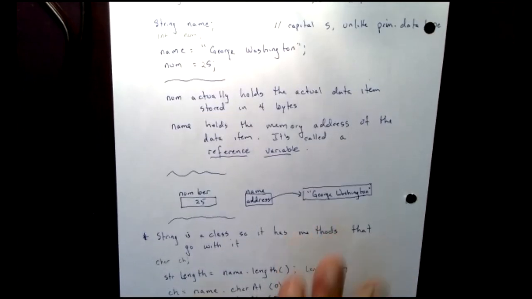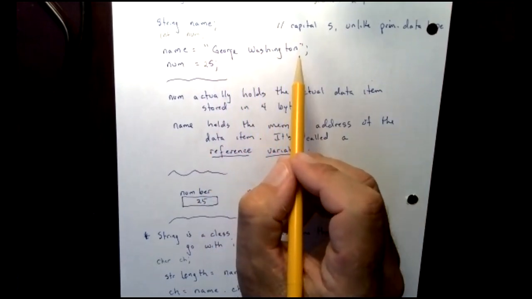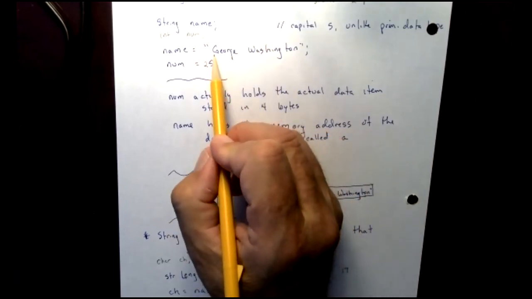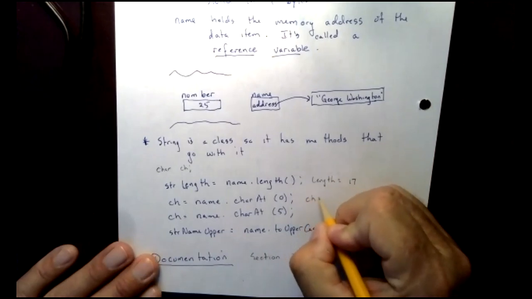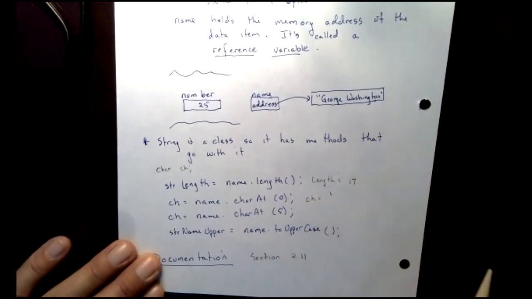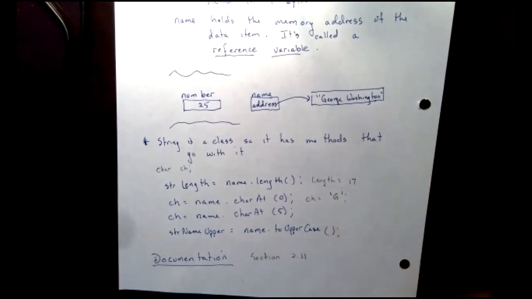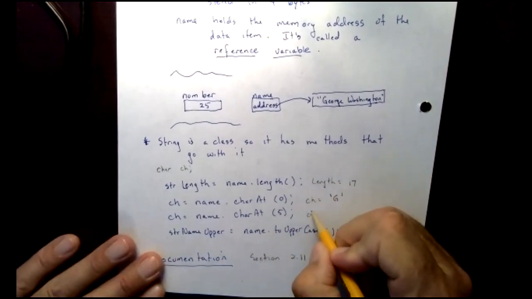Well, as Anthony mentioned a moment ago, even though my string length is 17, the way you're going to see a lot of things work in Java and C++ is we start at 0. So if I say what char is at 0, char is going to get the value of, again, characters are single quotes, so it would get the value of single quote G. What's the character at position 0 of George Washington? G. What's the character at